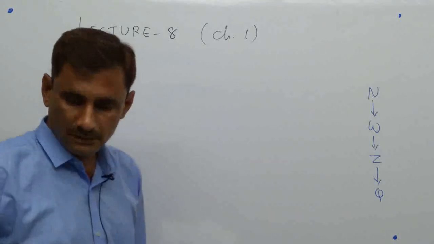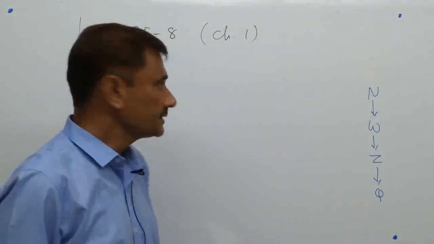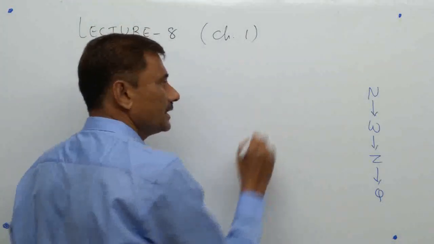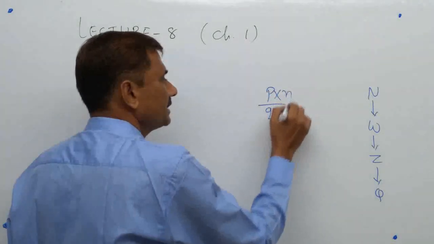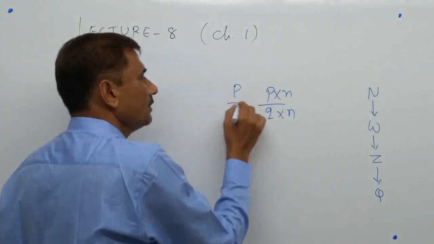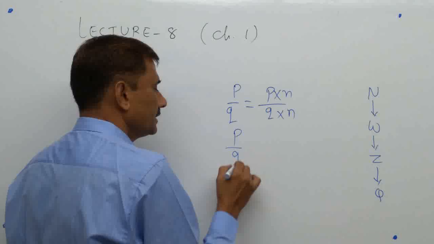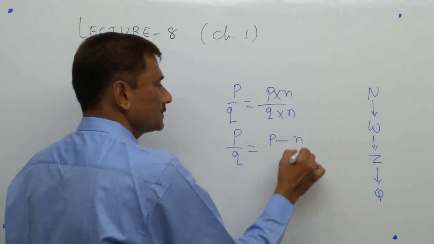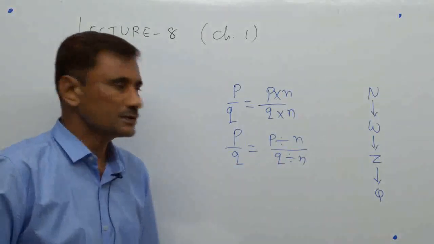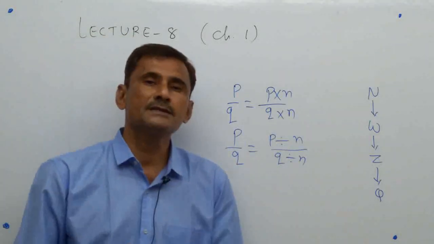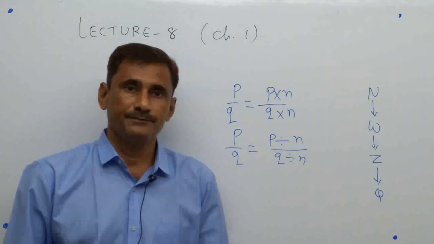And we have seen a few examples also, and 3 properties also. Again, just revising that. First of all, if any number p by q is there, then you can multiply both numerator and denominator by the same number, so it will be the original given number only. Same way you can divide both by some number also. But whatever you do at the numerator should be done at the denominator also. The same process should be applied at numerator as well as denominator. You know, we do that in taking LCM.